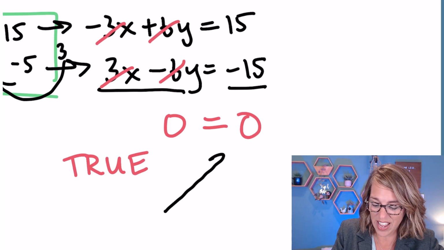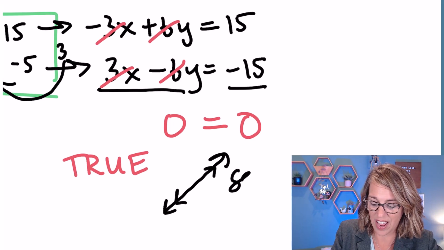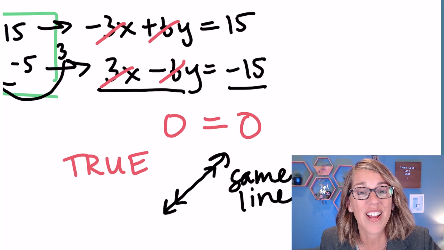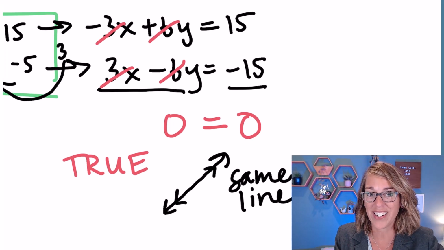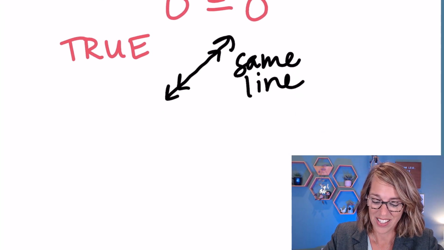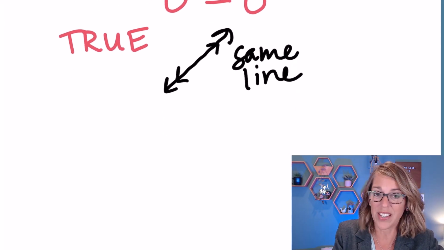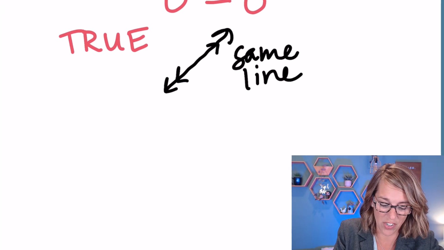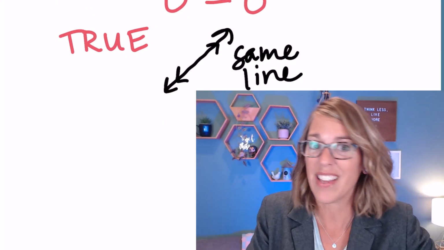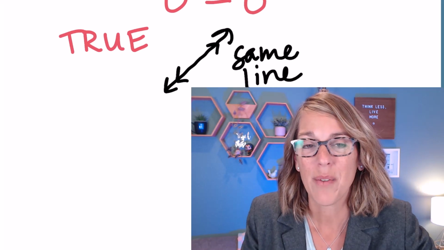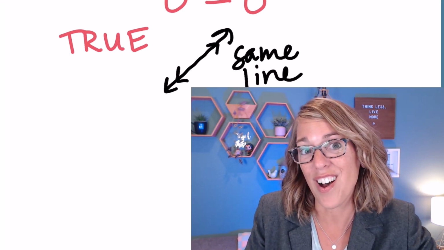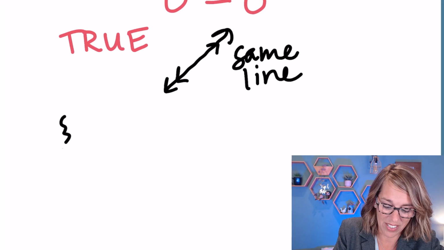So I know that this is going to end up to be the case where these are the same exact line, same line. So to express our answer, I want to go ahead and express this as all of the points on the line. So as I move this up, I'm going to go ahead and put this into set builder notation. Now this is not every point. This is not all real numbers, but it's all the xy pairs on that line. So it's going to be the set of